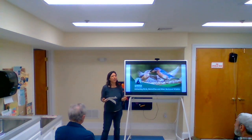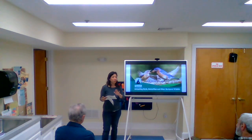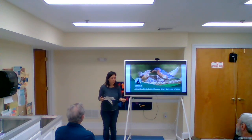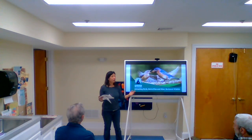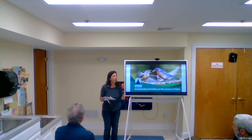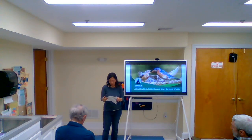There's supposed to be a license plate. I'm eager for that. I want a license plate. But there's another bill up that hasn't passed yet, and it's actually going to ban certain invasive species. New Jersey is one of the only states in the Northeast region that does not ban certain invasive species like Japanese barberry and burning bush, all these ones that are already widespread. So the horse has already left the barn, but we still should get on board with the rest